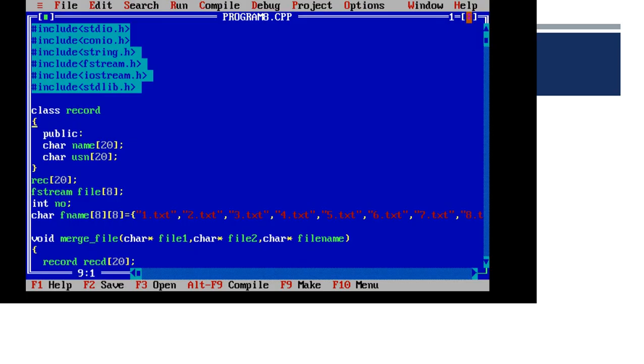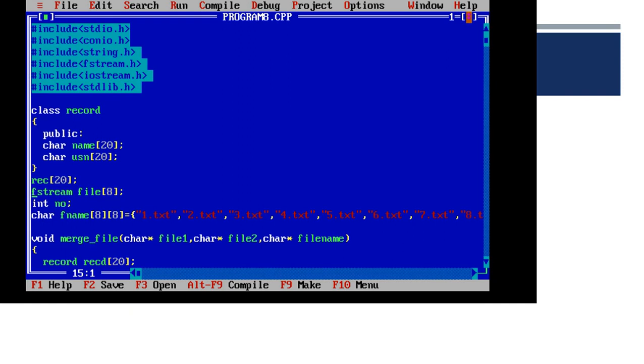So let us get to the implementation. We define a class called record, which has variables of type character, that is, the name and USN of the student. Then we create an instance of the record, defining a record, then a file stream.